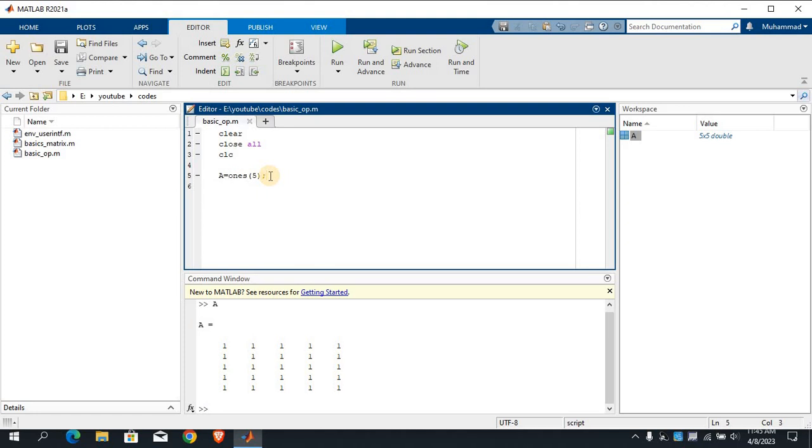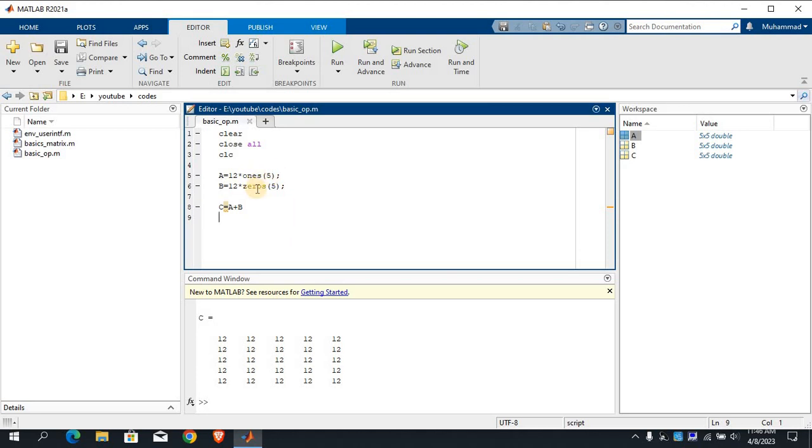Now if I want a matrix of 12, okay, let's copy this, control C, control V. Let's say this is a matrix of zeros, and this is, we have matrix B, and let's say C equals to A plus B. Now the addition will give us the result 12, because this is a matrix of 1 and this is a matrix of zeros. We can do the same